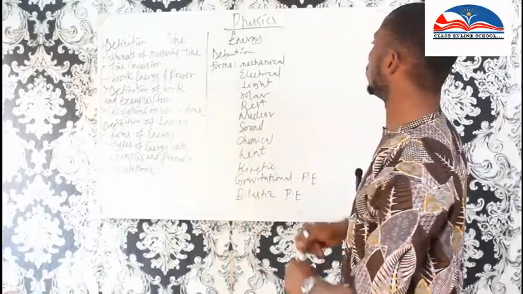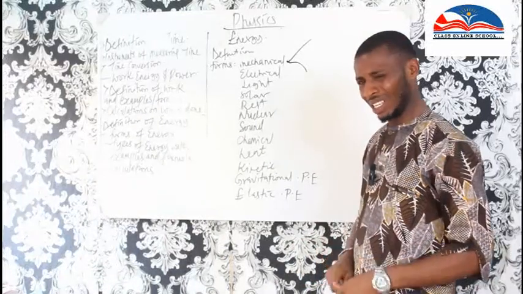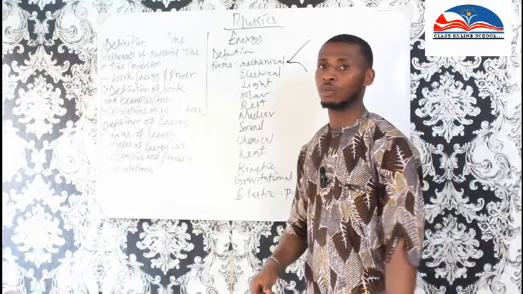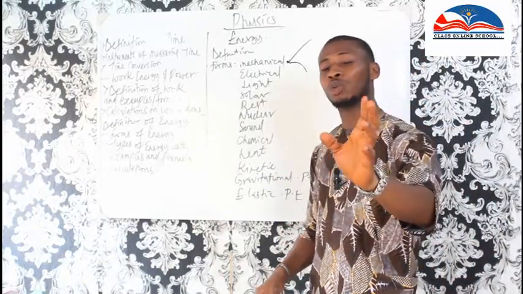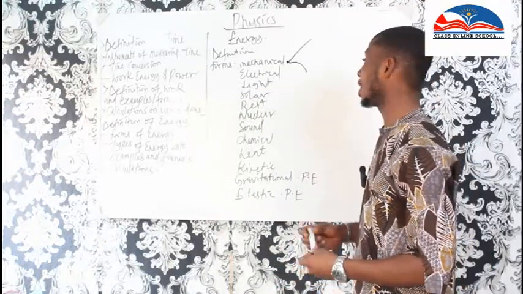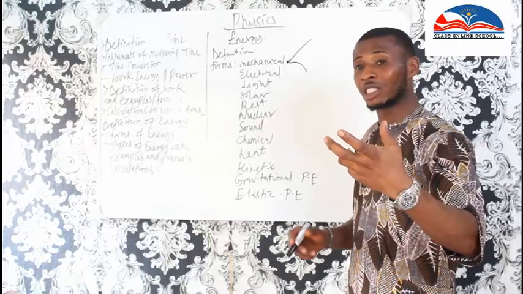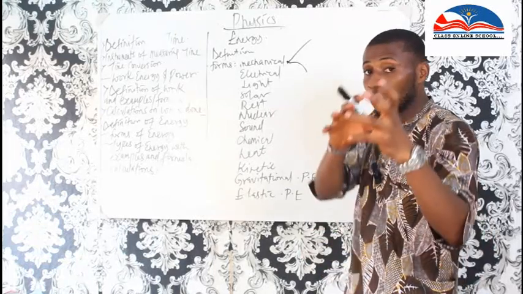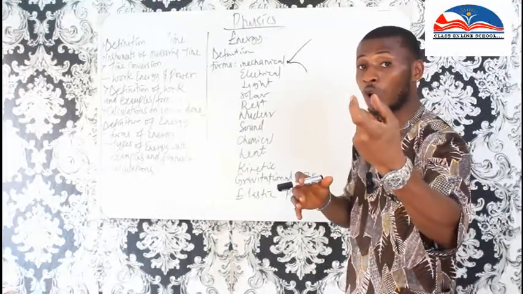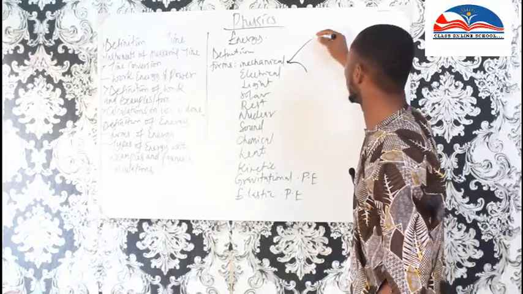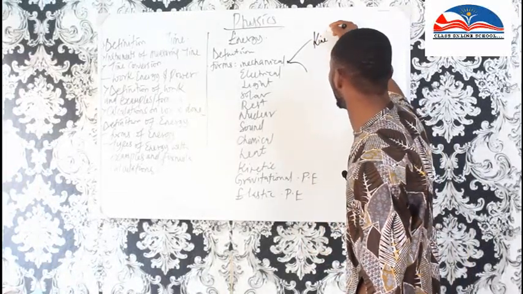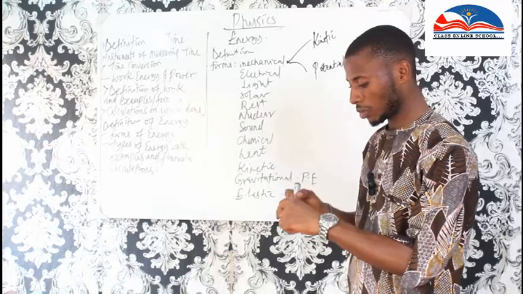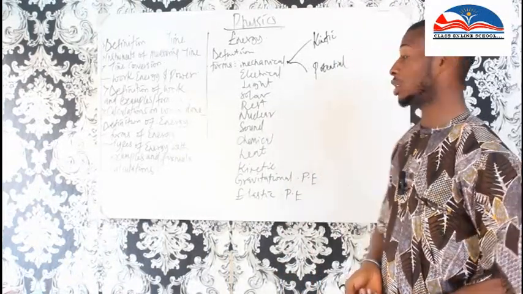All right, let us move to mechanical energy. Mechanical energy is the energy in machines, the energy that we use day to day in our daily lives. This mechanical energy has been brought down to forms that we call types of energy. The forms are kinetic energy and potential energy.